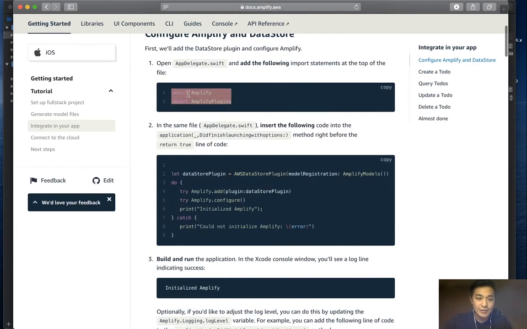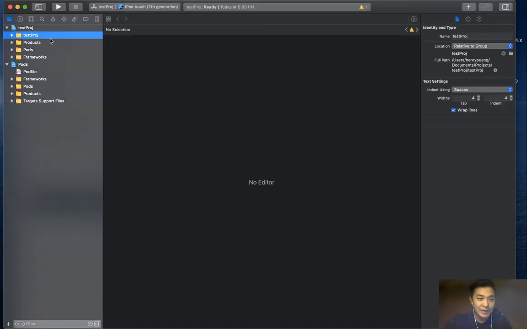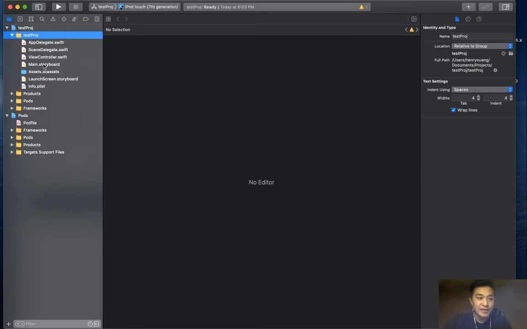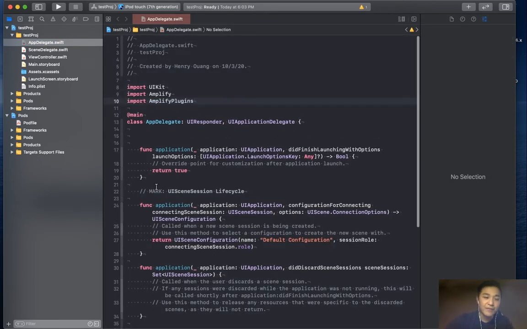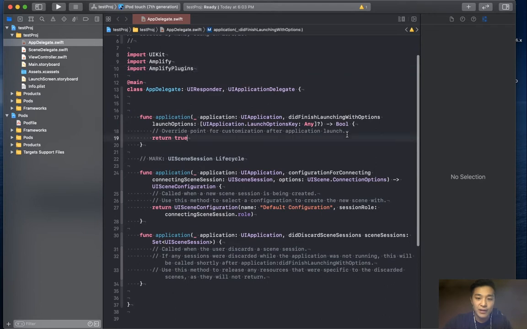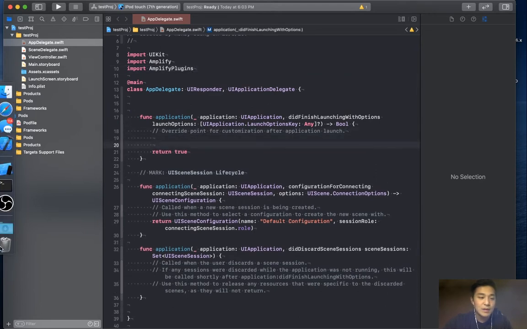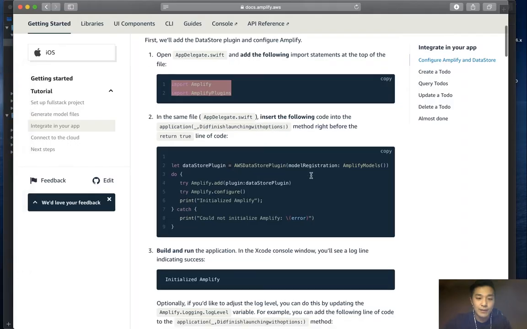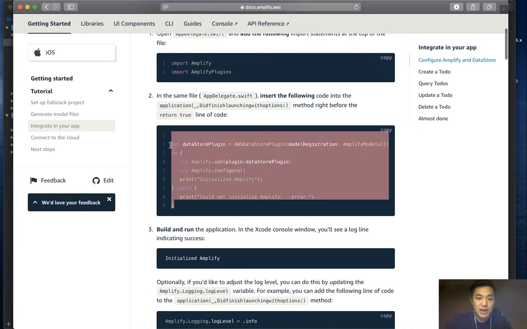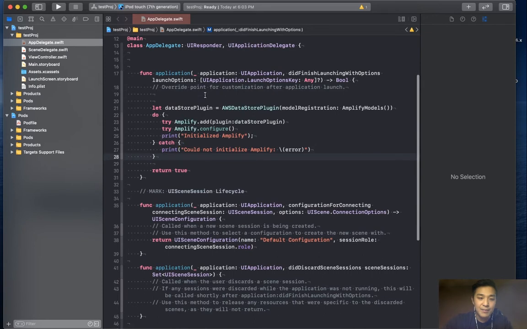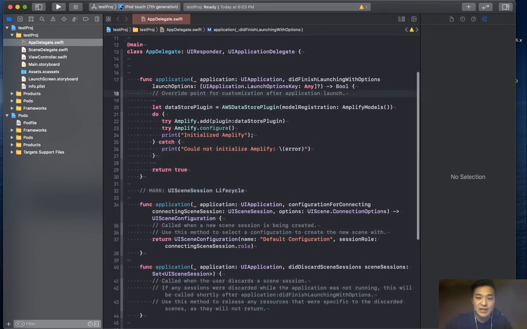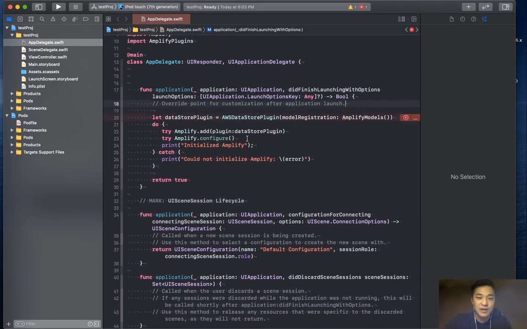We want to take these two commands here and go into our app delegate. So open up your project, make sure you open it through that workspace. And we're going to go to app delegate and import Amplify and AmplifyPlugins. Then we want to copy this and throw this into our did finish launching with options. And basically what this does is it says, hey, Amplify exists in our project, make sure you